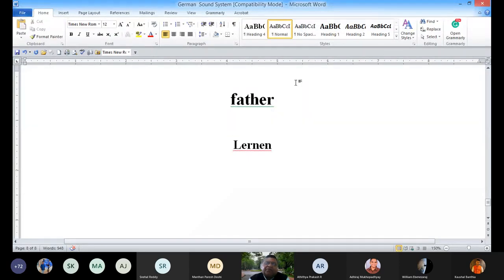But suppose somebody is forcefully trying to break it, then it will not be the rhythm. Suppose somebody says that I will pronounce F separately and A and T separately and then HER separately. It will not be possible. It will not come in a rhythm. I mean, it should come automatically. And that's why the natural break will be fa-ther.